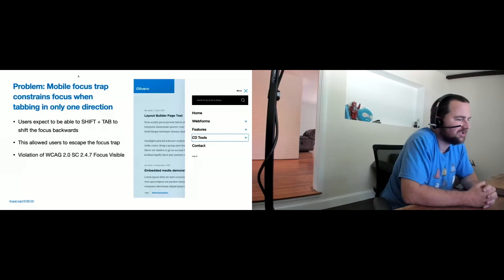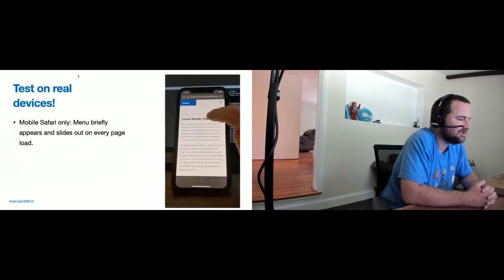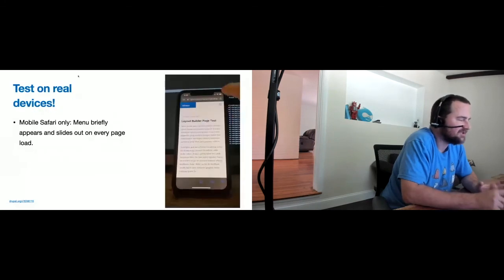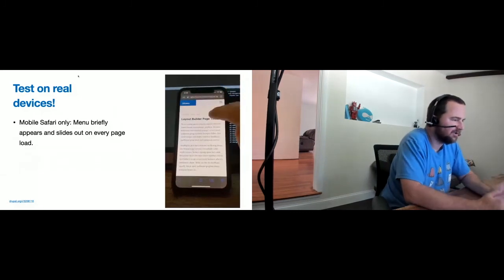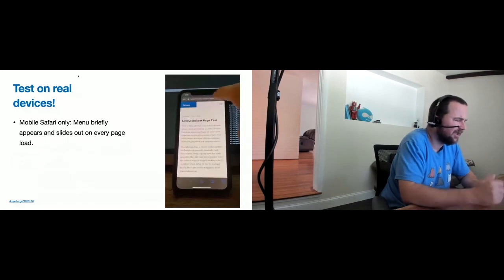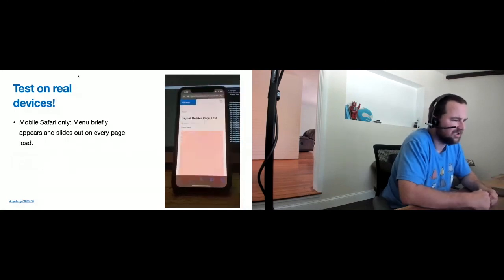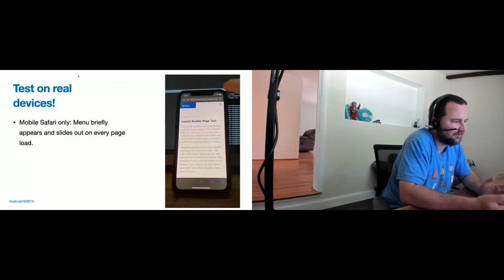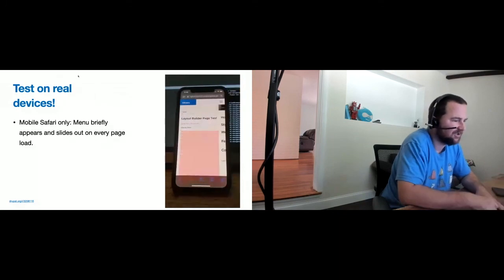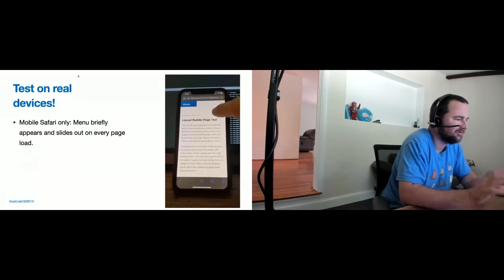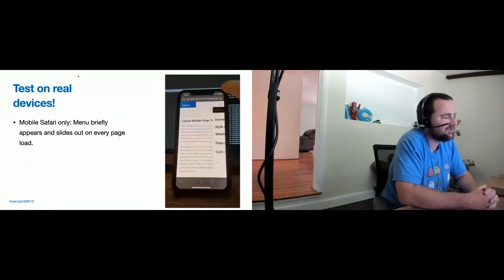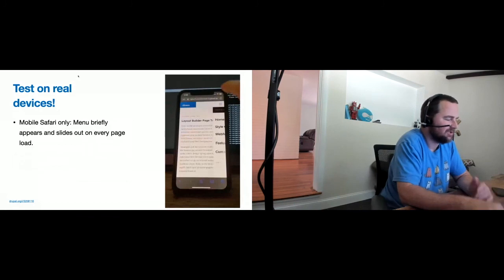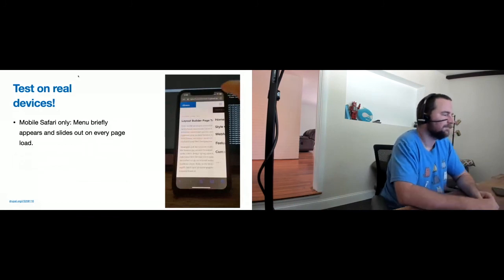And when we're talking about testing, test on real devices. We had a particular issue, and you can see it on this video on the right-hand side: as the page was reloaded, that mobile menu would appear in the middle and then slide off for every single page load. It was really janky and sloppy looking, and it didn't happen on any other browser except mobile Safari. If you're front-end developers, you're thinking, yeah, that's pretty normal for mobile Safari, right? It was an easy enough fix. It was a CSS fix, but the biggest deal is to actually test on real devices